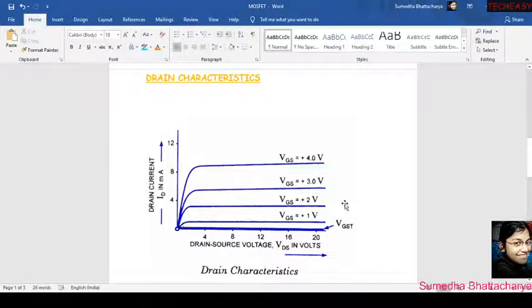when VGS is low, we can see the pinch off region comes earlier and earlier. When we increase the value of VGS, the current will pass more and more and the saturation will come later and later, right? You can see here. So this is the main drain characteristics of MOSFET, right? Because this is totally dependent upon VGS, right? Okay. I hope you can understand the drain characteristics, because in case of JFET we have also seen this type of characteristics, right? Okay, now